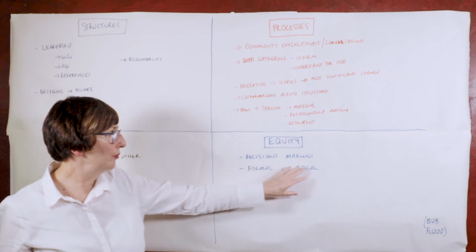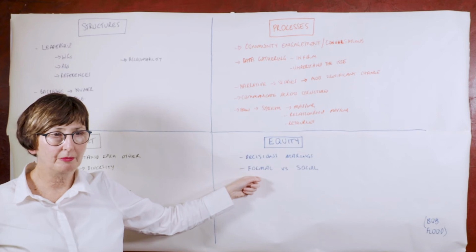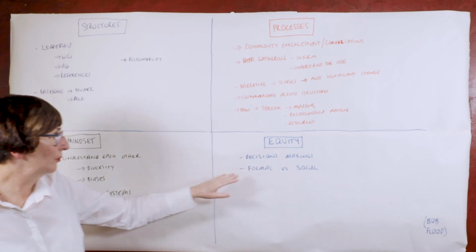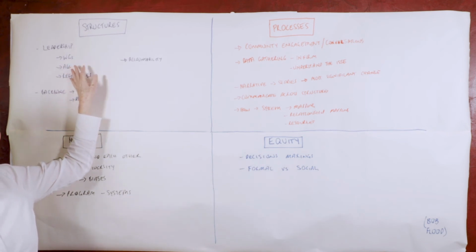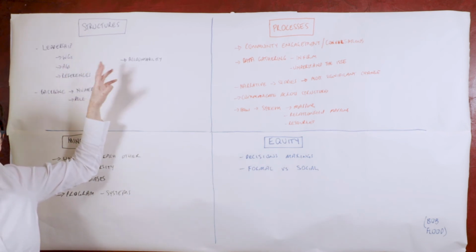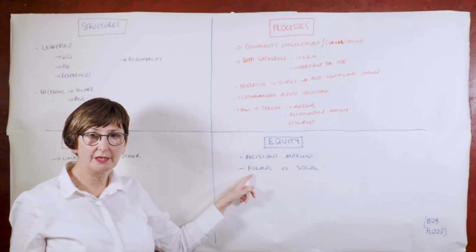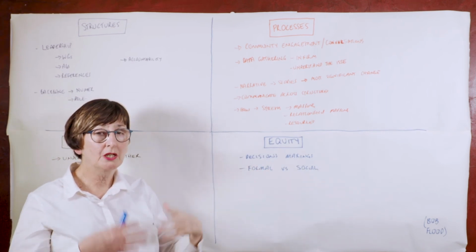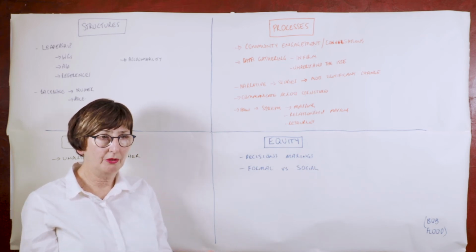So a part of the work in the first 18 months is to really get as explicit as possible about this. And the way that I've found works is the more that you can have this as a part of the agenda, a part of the work that you're doing together, so that you talk openly and honestly about the power you're bringing to this piece of work that you're doing together. What can you bring and how are you going to use it?